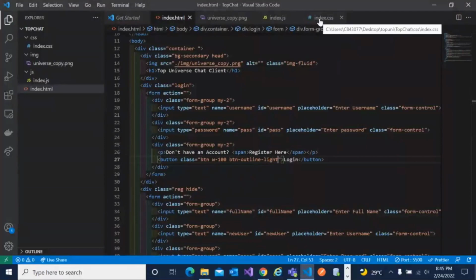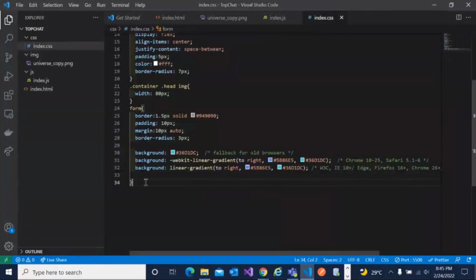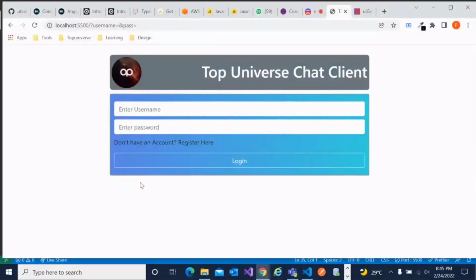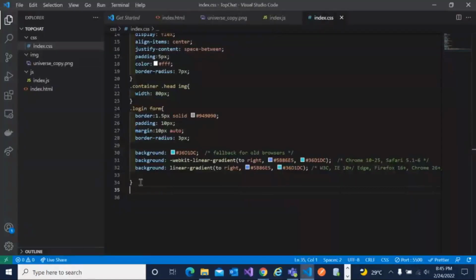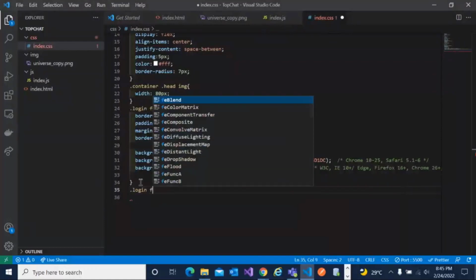So what we'll have here now will be, so in order for us not to have issues with the other login, other form I mean, so let's do it this way. So let's check if everything is still intact. Everything is still intact. So the login form